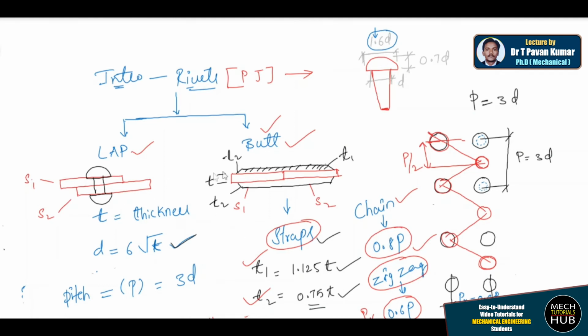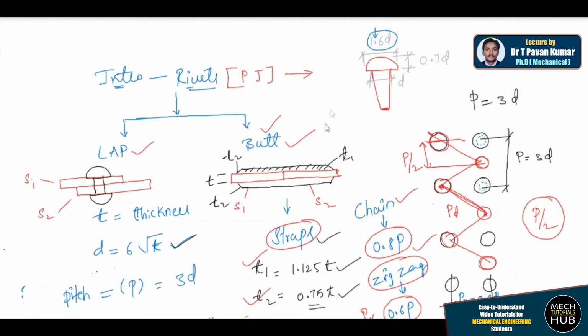Okay, this is about the classification, and this is about a simple clarification of how exactly you are going to place the rivets and arrangements. One more terminology is also there: from this rivet to this rivet, this distance we call the PD, the diagonal pitch. That can also be considered, or else if you go with the 0.6 p and p by 2 distance, then there is no need to remember PD also, you can go ahead directly with that.